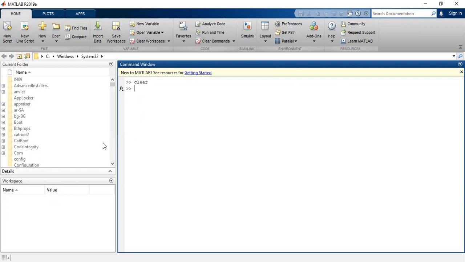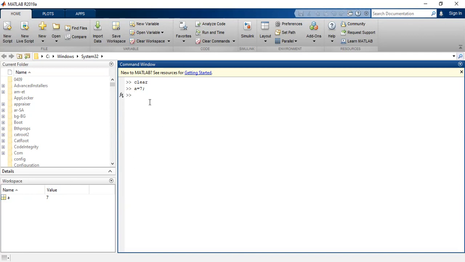If you want to exit MATLAB, the MATLAB syntax which we use is exit. For instance, I have defined a variable a equals 7 with a semicolon. And see, a has got a value of 7, and we can see that it is in the workspace also.